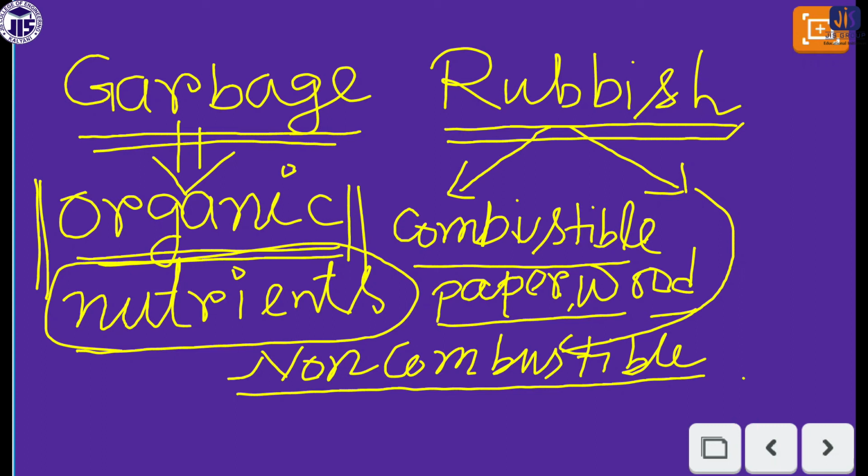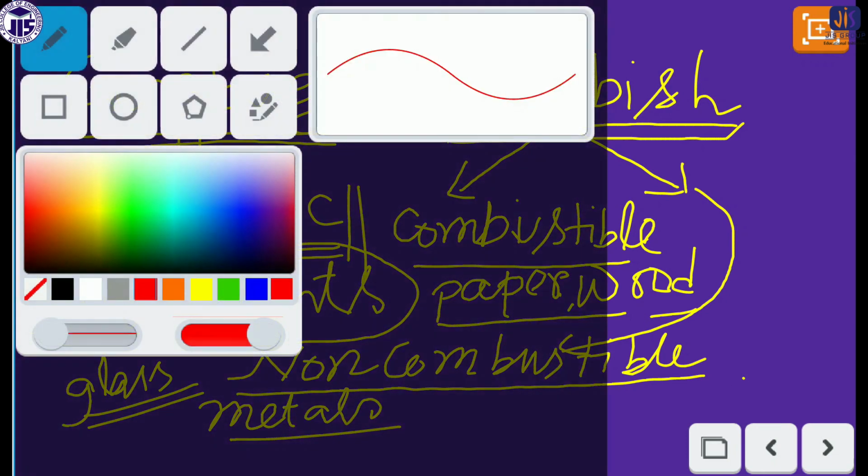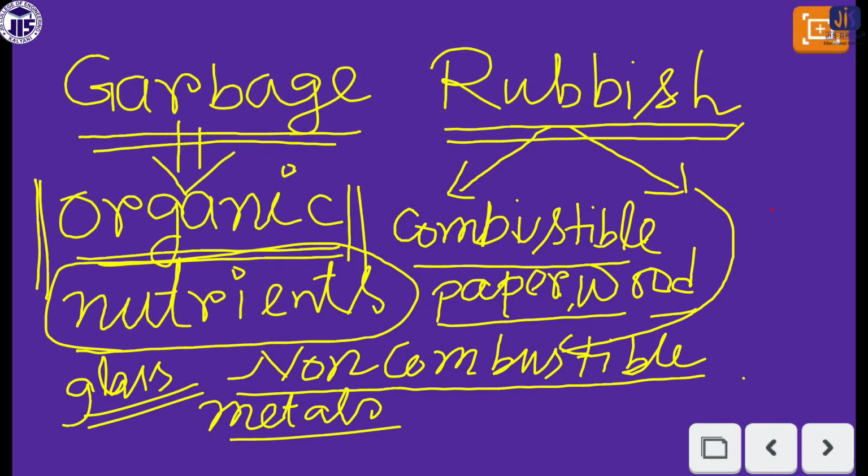For example, glass is an example of the non-combustible solid waste. Metals are also examples of non-combustible solid waste. So this classification you also have to keep in mind, because this is important, that scientifically we can